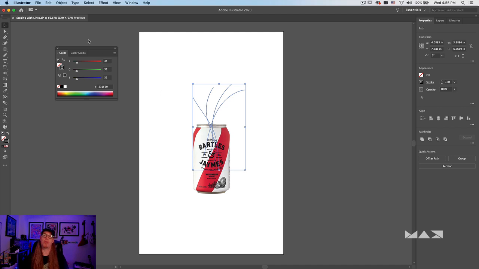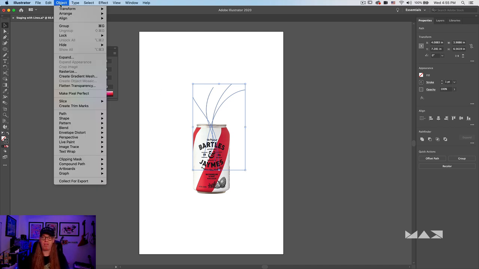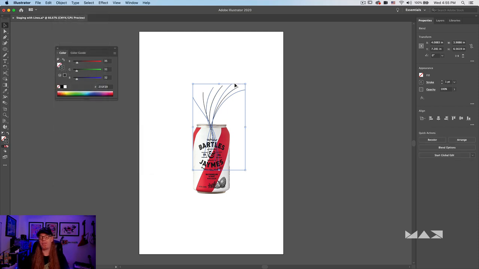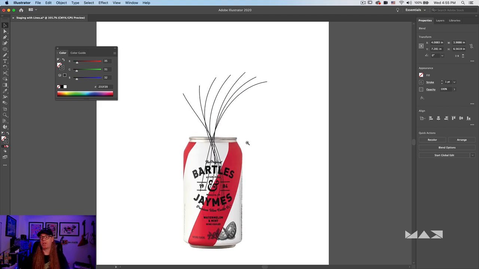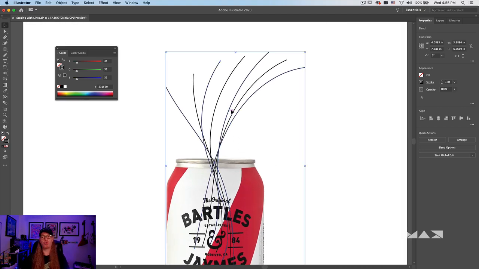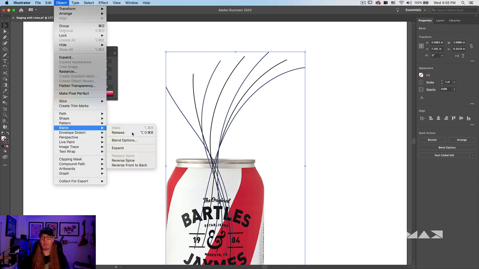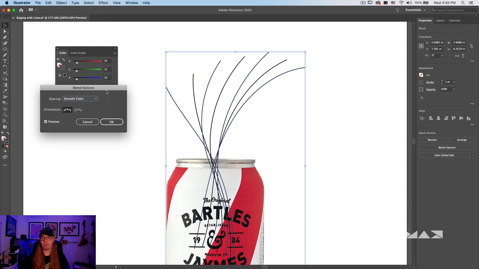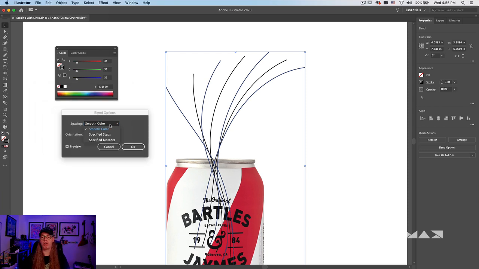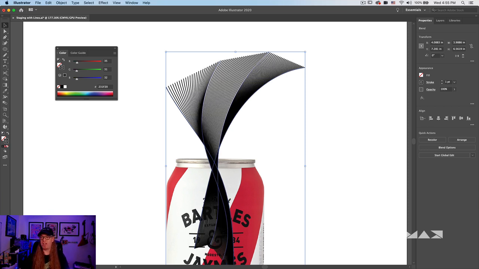And in the end, it resulted in me playing with a feature, which we've had in Illustrator forever, called Blend. So I go to Object, Blend, Make. And you can see there what that did is it added extra lines between the original lines that I had drawn. What's interesting is now you can go to Object, Blend, Blend Options, and you can increase that value. So by default, it sets the spacing to smooth color, but if I change this to specified steps, I could put a number in here like 24, and you can see that makes a really interesting kind of form. It looks a little bit like some of the Adobe Max graphics that we've seen here for this event.